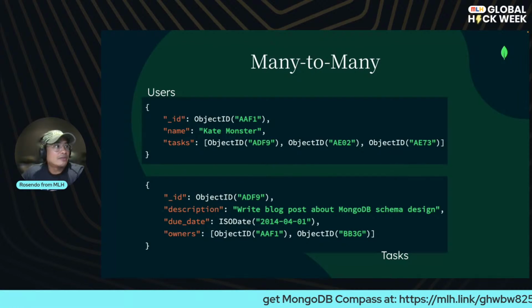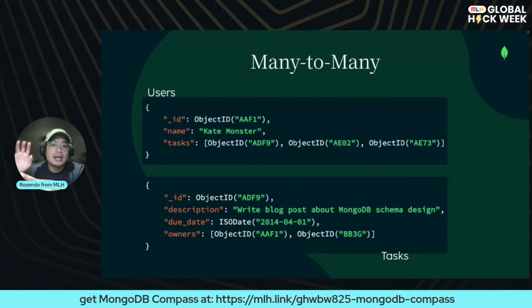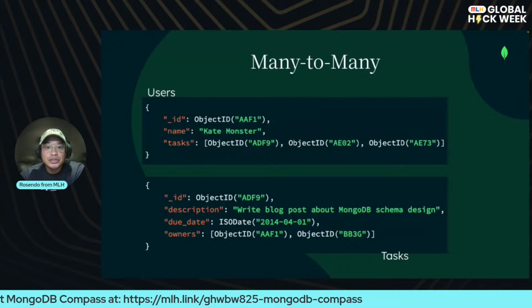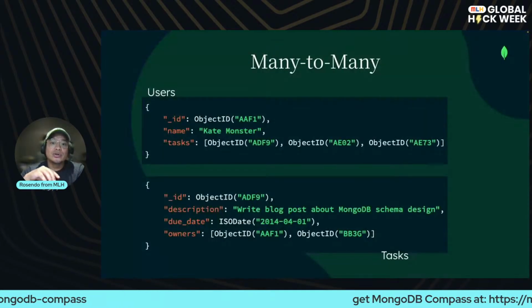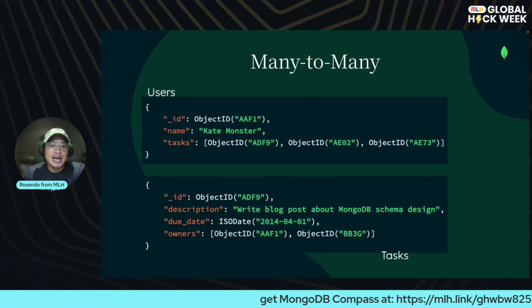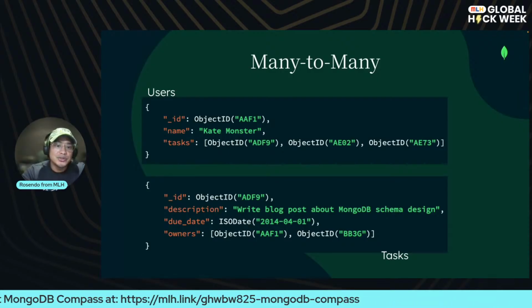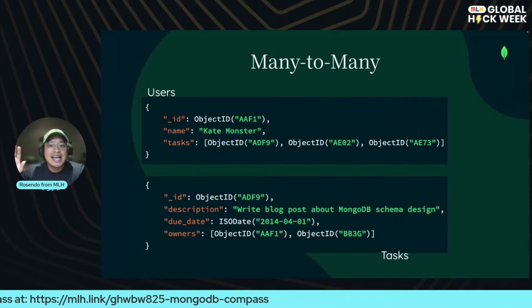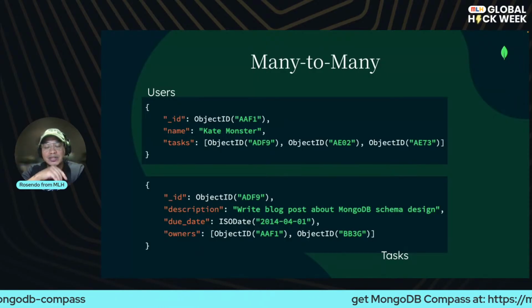And next we have many to many. For the last schema design pattern that we're going to cover, let's pretend we're building a task application. In our app, a user will have many tasks, and a task may have many users assigned to it. So in order to keep the relationships between users and tasks, we need to have references from one user to the many tasks and references from the one task to the many users. For the example on this slide, you can see that each user has a subarray of linked tasks, and it's going to be essentially the same thing as the previous one,